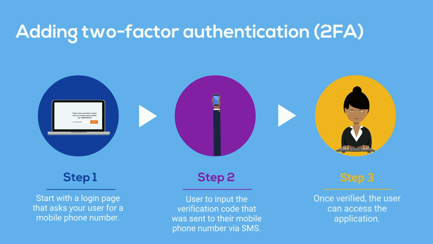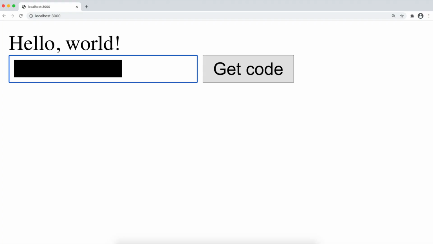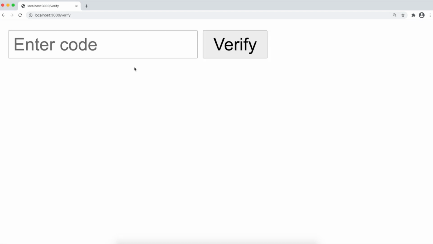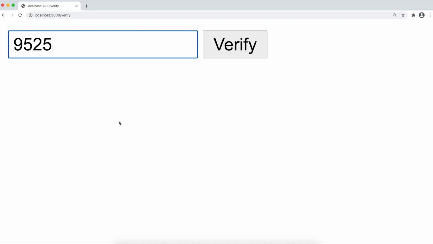This tutorial will cover how to implement a verification token system with the Vonage Verify API and Express.js. The application will have 3 pages: an initial page that asks for a mobile phone number, a page where users provide the code sent to them, and finally, a page which they'll see if their code was correct and the